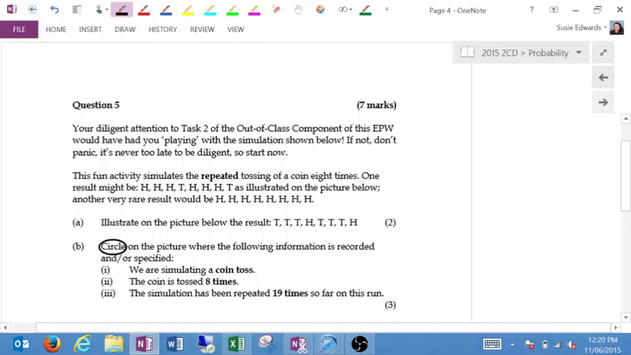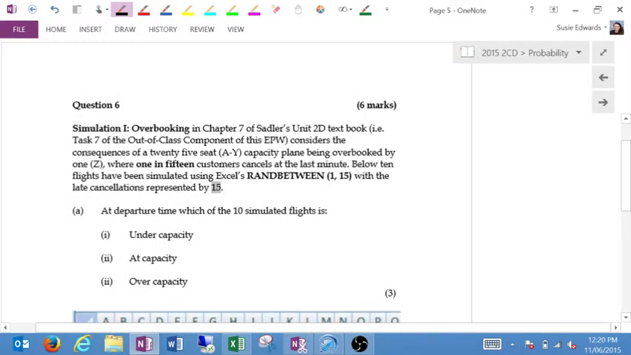All right, for homework, you were asked to have a look at this overbooking scenario. Everyone said there wasn't much to do because you just need to read it. So you should understand this as long as you've read it, but we're going to read it together and make sure you understand it. Simulation 1, overbooking in Chapter 7 of your 2D textbook, considers the consequences of a